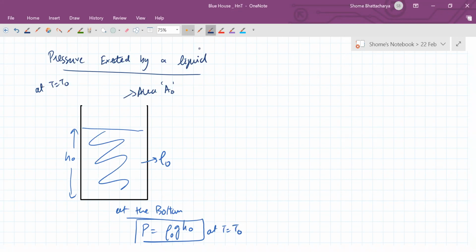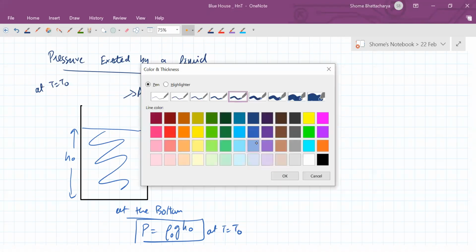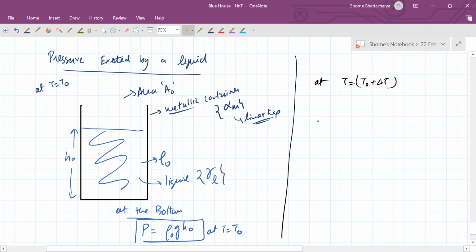Now let's say the container is a metallic container, like in this example. So the metallic container has a coefficient of linear expansion of alpha m. And the liquid inside has a coefficient of volume expansion gamma L. So what is going to happen at a new temperature? Let's understand. At T equal to T naught plus delta T, at this new temperature,